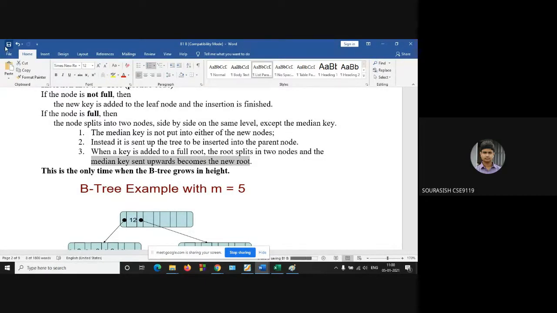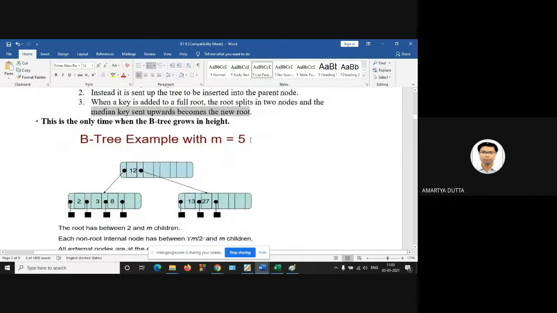Sir, then all the leaves won't be at the same level, no? The earlier root will now be leaves, and you have to maintain the property that all the leaves are at the same level. Okay, so we will have to make another function for that also, right? Yes.